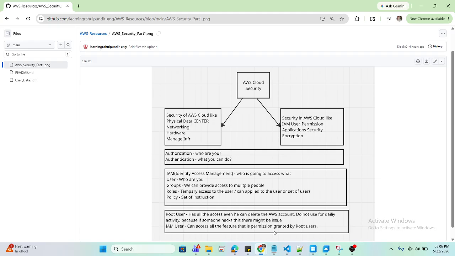So in this series, we are going to discuss the security in AWS. In simple terms, it is a shared responsibility. It means we need to handle the security as well as AWS also needs to handle the security. What area AWS will handle and what area we will handle, we can discuss with